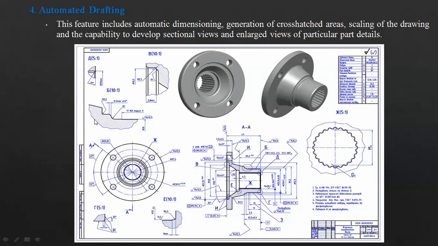So you can indicate those details, right? And the capability to develop sectional views and enlarged views of particular part details, as I have mentioned, right? So, for example, you see here D.